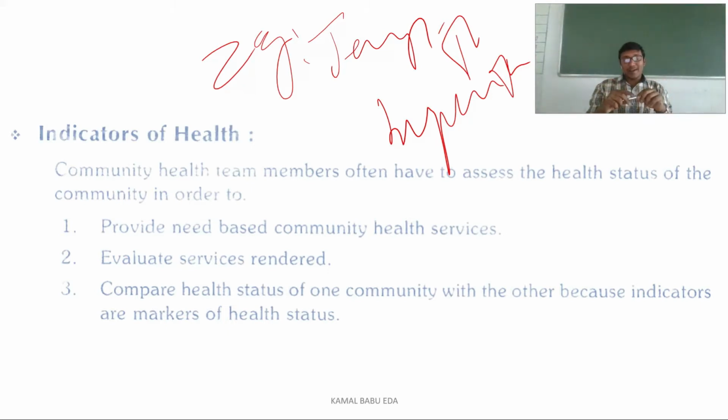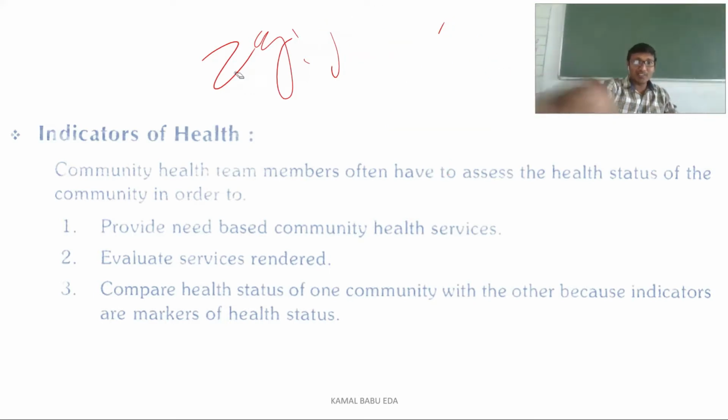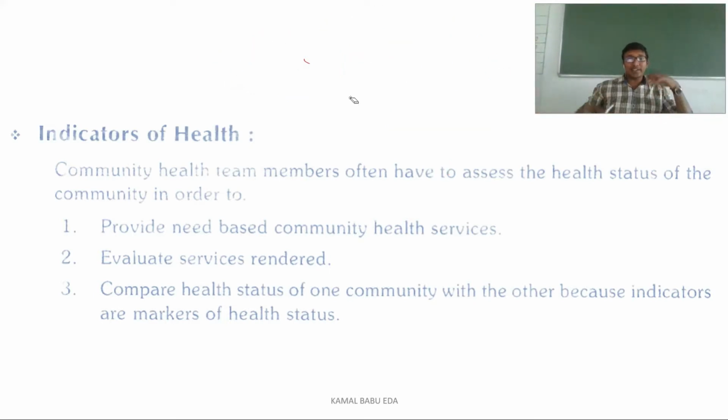So if you want to assess the community health, you should have some set of points, you should have some set of objectives. Then only you can say whenever the community health members are meeting those objectives, then you are saying the community is a healthy community. So we'll see why you need to have these indicators of health. So here, why you need indicators of health means mainly to provide basic health services for the community. So whenever you know that a particular problem is there in the particular community, then only you can go and provide health services. Correct or not?